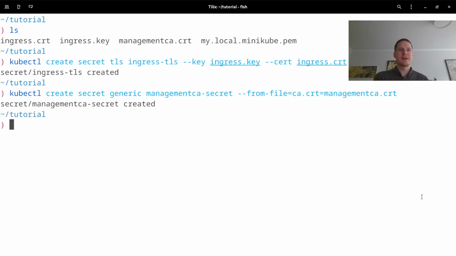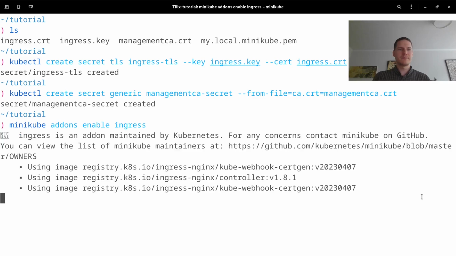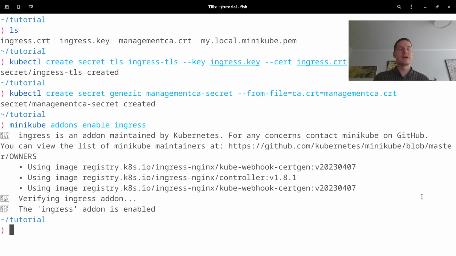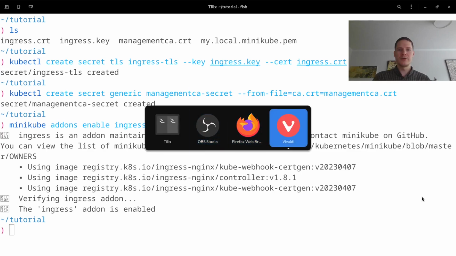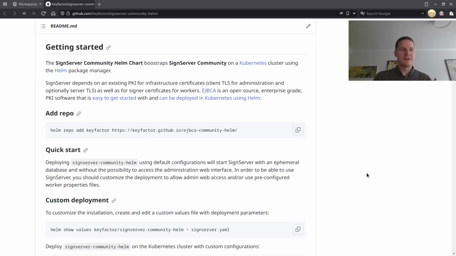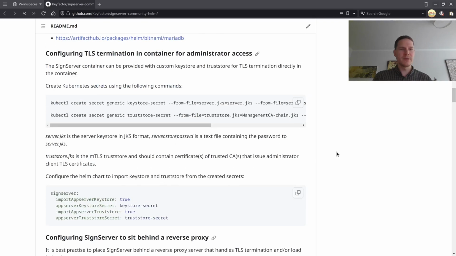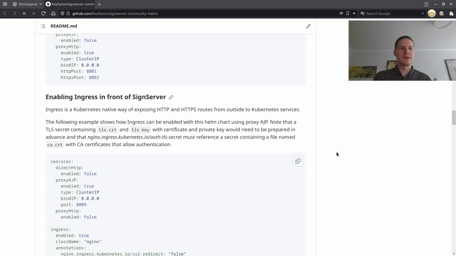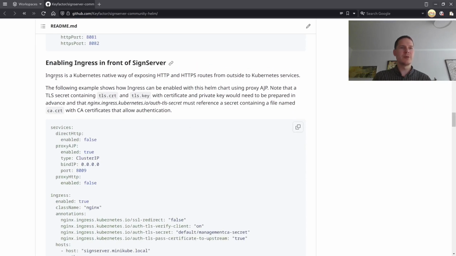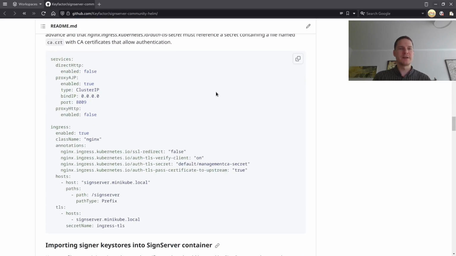And as I will be using Ingress, I need to make sure that my Minikube has the Ingress add-on enabled. So I will run minikube addons enable ingress. So now I should be able to configure an Ingress. And as I will be deploying it together with my SignServer, I'm going to go to the Git repo and use a configuration snippet from here, as it contains examples for various deployment scenarios. And here we have enabling Ingress in front of SignServer. I'm just going to copy this section here,